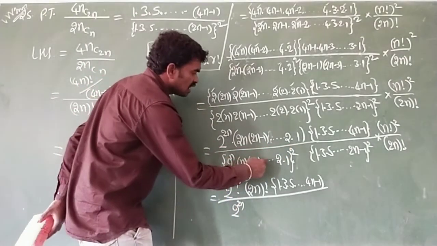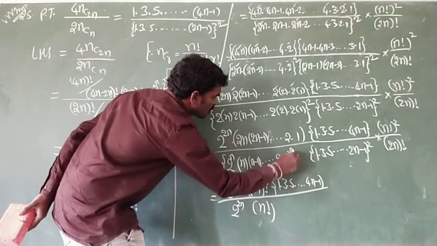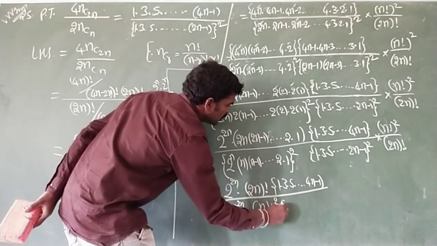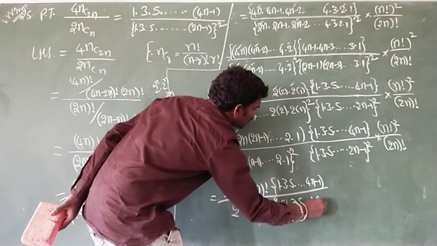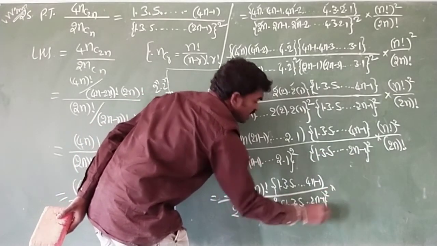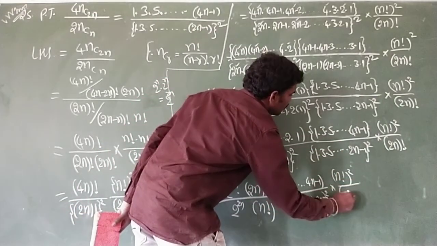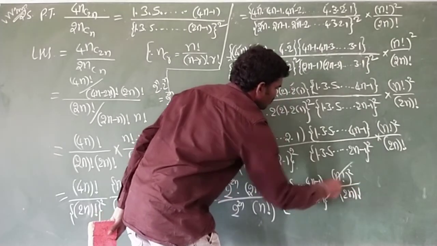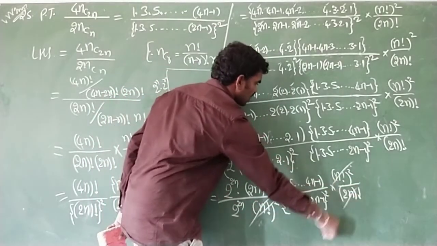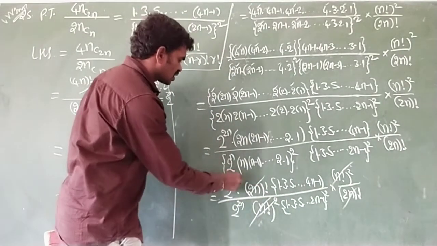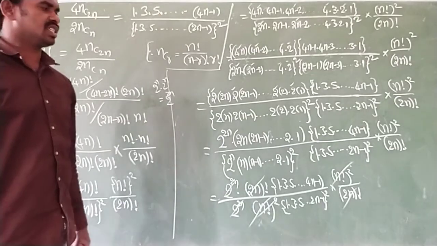And what about this n into n minus 1 and so on? That is taken as n factorial, and square is there, into the remaining 1 into 3 into 5 and so on 2n minus 1 whole square as usual. Next, n factorial whole square by 2n factorial also as this. So n factorial whole square, n factorial whole square cancel. Next 2n factorial, 2n factorial cancel. Next 2 power n, 2 power n cancel. What is remaining? The remaining will be RHS.